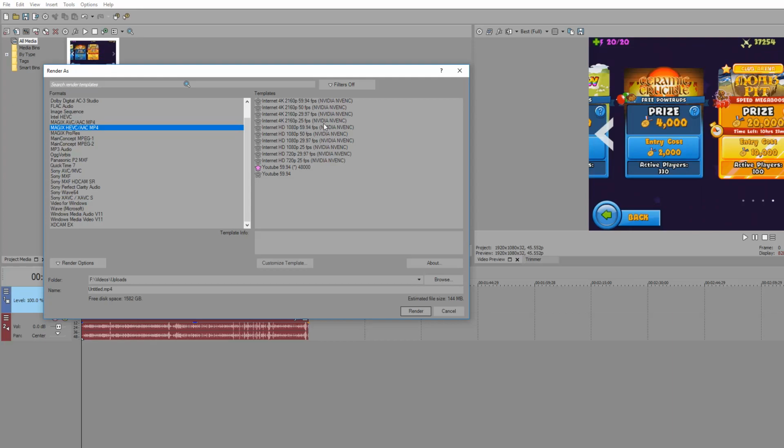Now, when you're rendering, what you want to do is render in a form that says NVENC next to it. Now, I have a NVIDIA graphics card, so it's going to say NVIDIA NVENC. I believe that if you have an AMD graphics card, it might say AMD or something NVENC. And you definitely want to render with one of these next to it because it's going to make your render speed so gosh darn fast. It's going to be amazing, trust me. So,